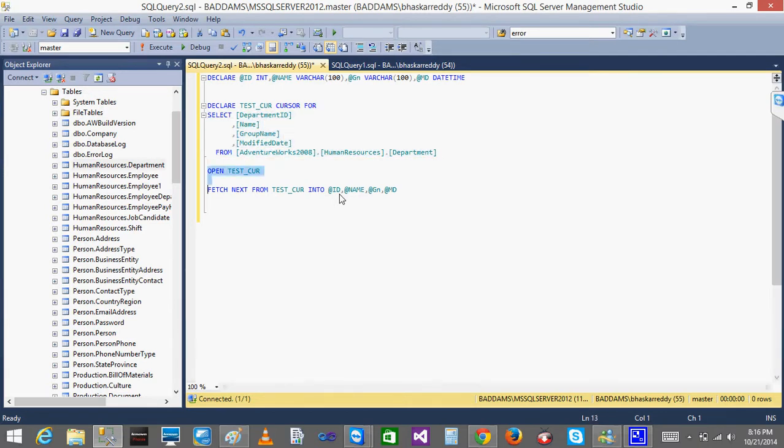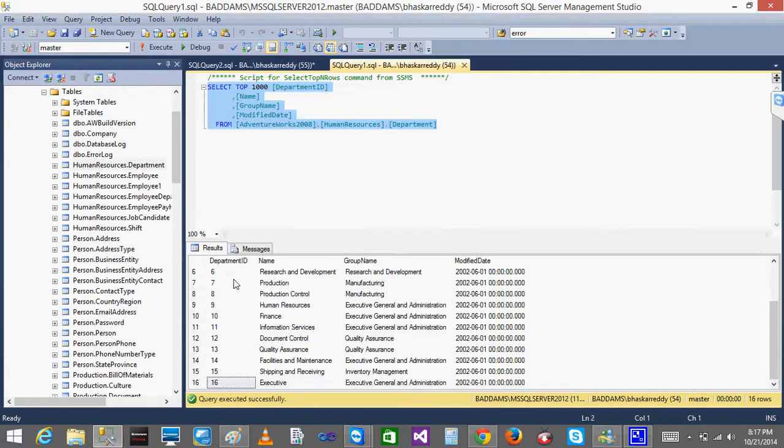So what happens when I do this: first we are assigning a query to the cursor, next we are opening the cursor. When you open, that query will automatically execute, and whatever results I get from that query will be stored in the test cursor space, okay. Now I am fetching by using the fetch command. You can fetch record by record. By default, when you do the fetch, it will take one record at a time, that is it. So now it will take the first record.